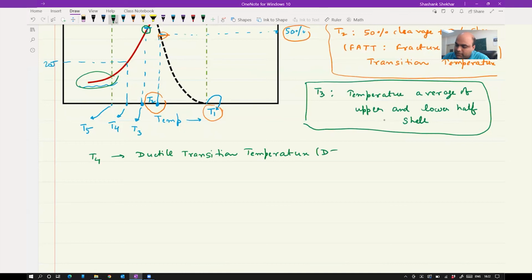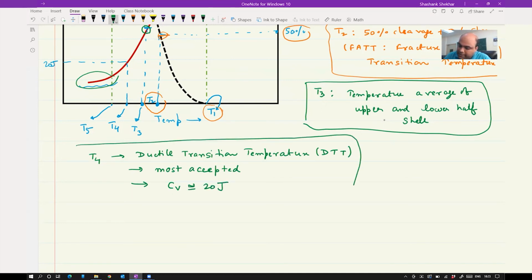Okay, so it is most accepted and the value will correspond to 20 joule. So you have to get the temperature at which your impact energy is 20 joule, and that will be defined as T4. Okay. Now last is T5,